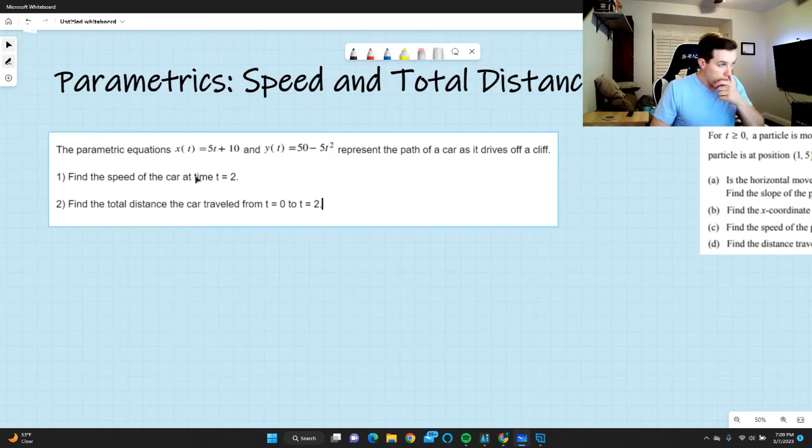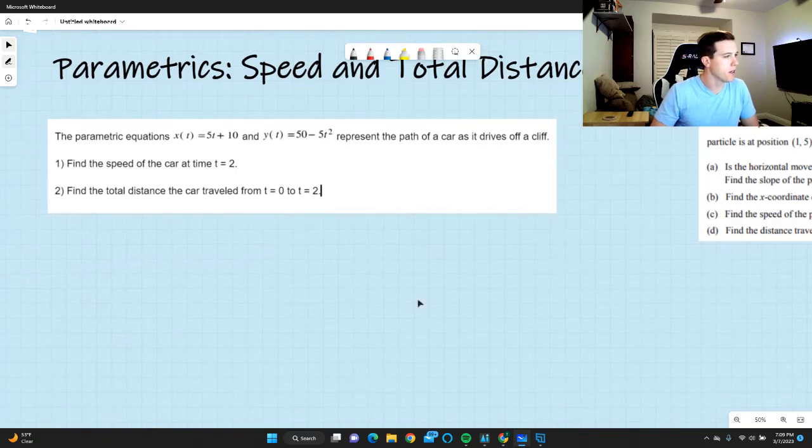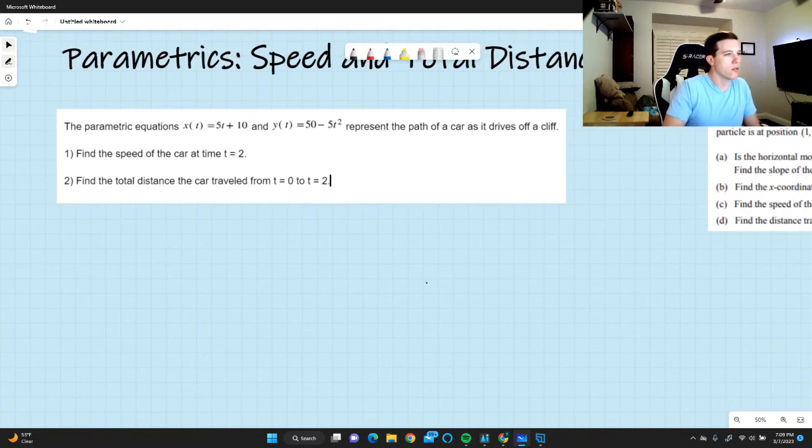Same problem. We have the parametric equations for the x position and the y position that represent the path of a car as it drives off a cliff. Find the speed of the car at t equals 2. Okay, so if you remember from last time,